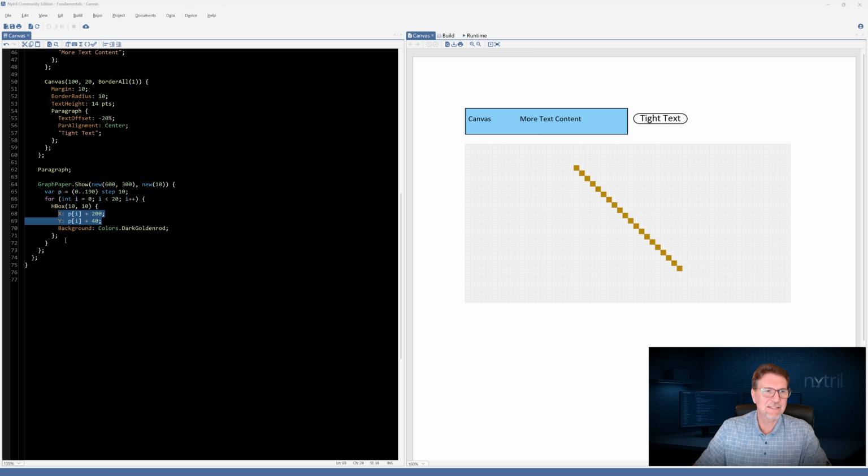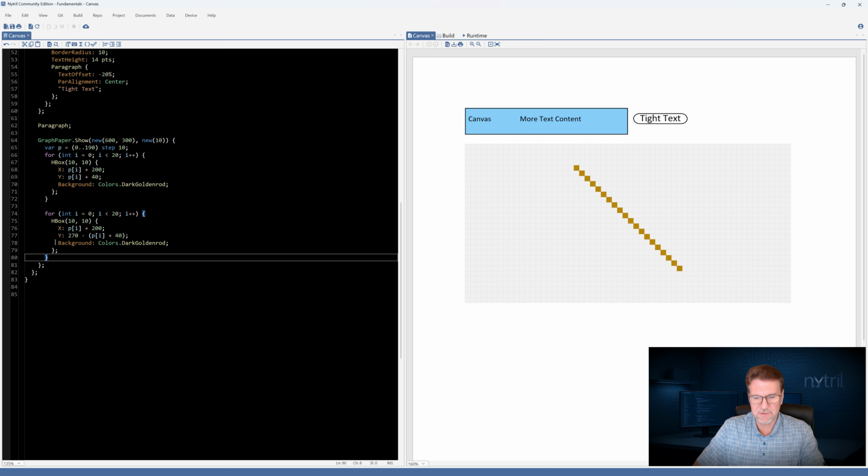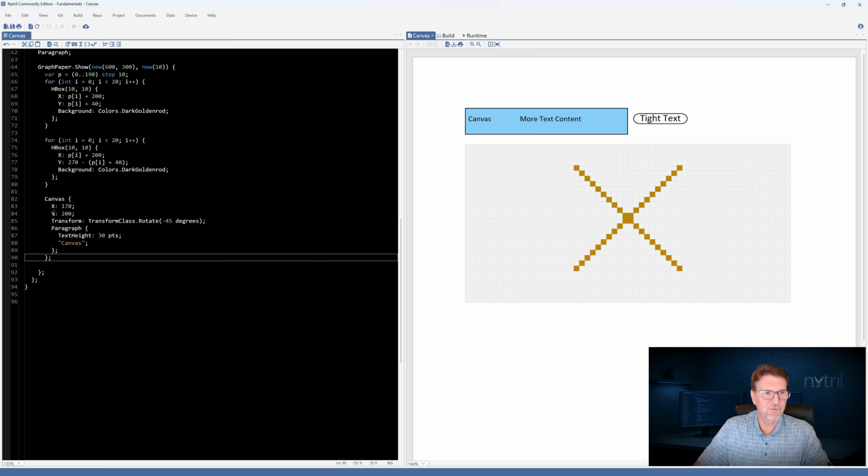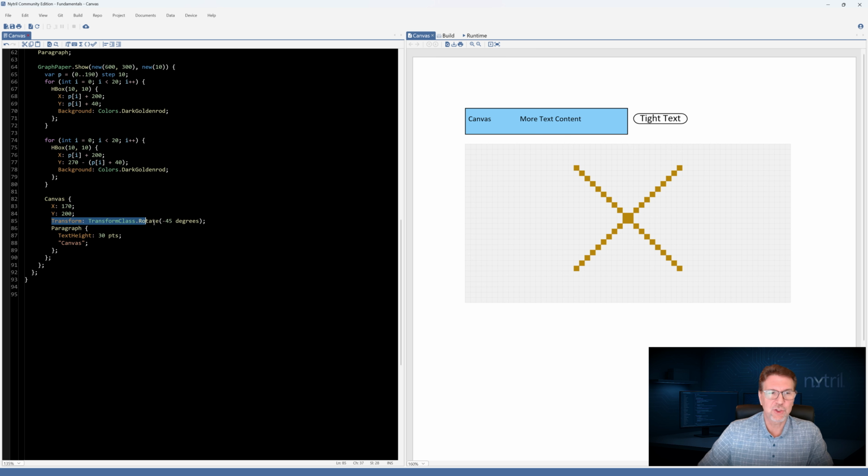And we can take that same concept and have a little fun with it and just do the same thing in reverse. And we've got ourselves a little X. And then more meaningfully, in a canvas, we can actually add another canvas. So here we've added another canvas and we've given it some coordinates. And we've also given it a transform.